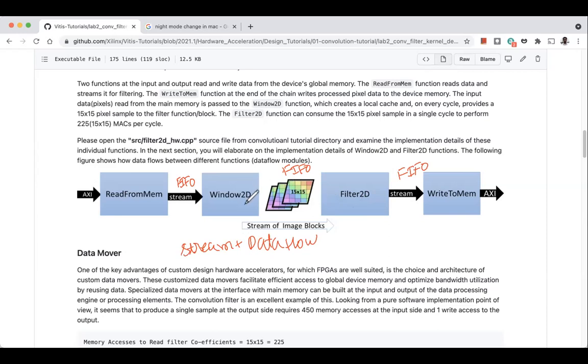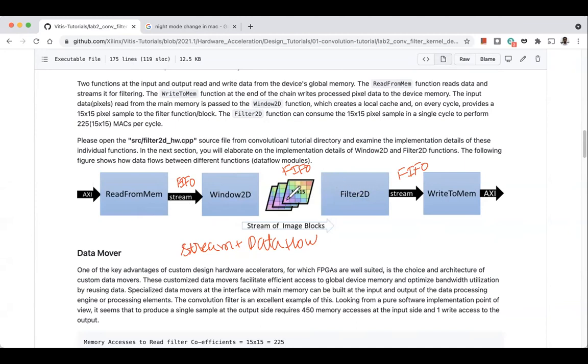That is, the window 2D module fires whenever the necessary input available for it to process is there. This particular model of doing things, where your system has multiple small modules, and each module is connected with each other via a stream, gives a natural synchronization between them.